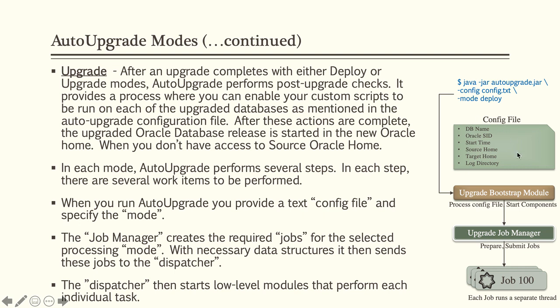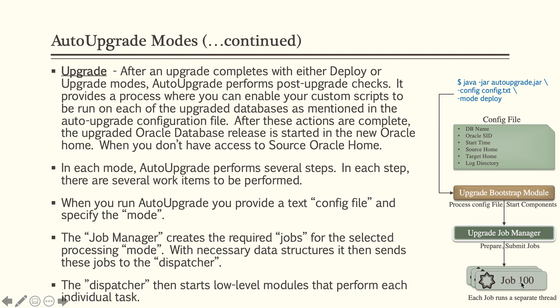And then once it has completely done the parsing, it's all set up, it's bootstrapped completely, then it calls the job manager. Each upgrade becomes a unique job. Imagine in my case, if I'm running an upgrade for 4 databases, each database will be treated as an upgrade job and will have a numeric job ID, and that is unique for that particular upgrade. So if I run 4 upgrades at a time, the first job will have number 100, the next job will have 101, the next job will have 102.